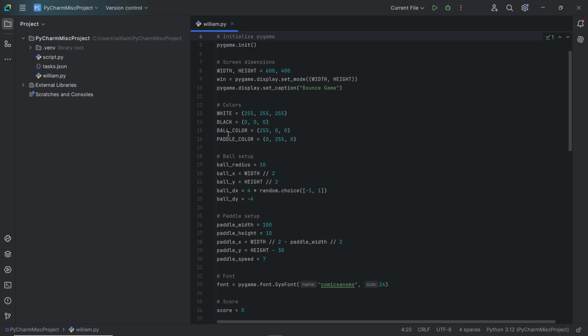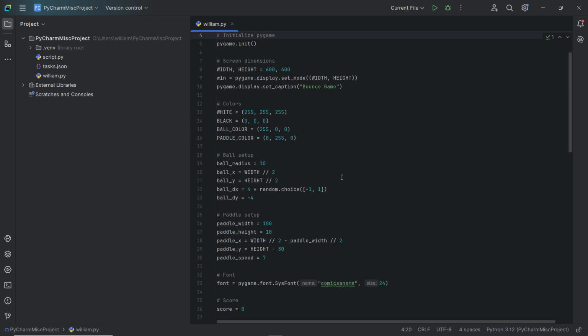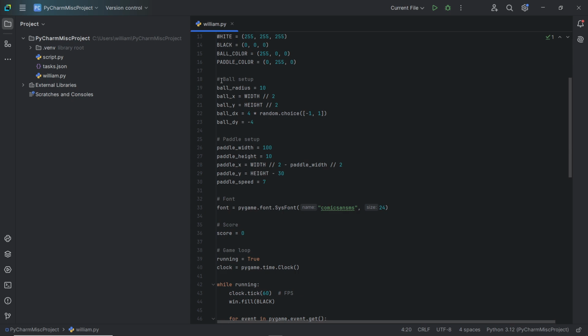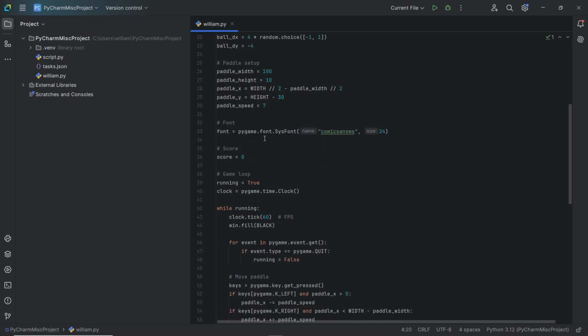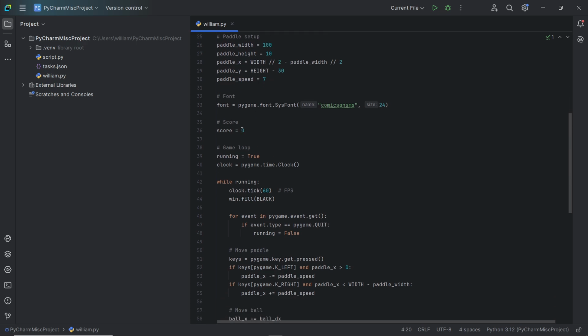We designed the colors for the paddle color, the ball color, the background color, white, black, and things like that. We set up the ball, the radius of the ball, and things like that was done here. The paddle setup also, where the ball will be bouncing on. This is how we set it up, the width 100, the height 10 and stuff like that. We set up the font color, then we set up